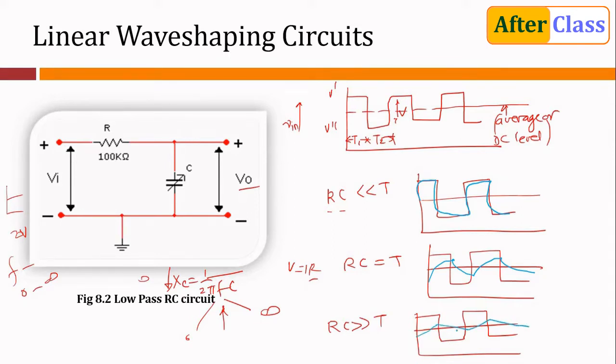So basically what we have achieved here: the input signal is the same, the output signal has undergone a change in the wave shape. And how is it accounted for? By changing the value of R and C. Of the three conditions, only when RC is very much greater than T, the third case, here is the second case, this is the first case, only then can we refer to this circuit as an integrator. Remember.